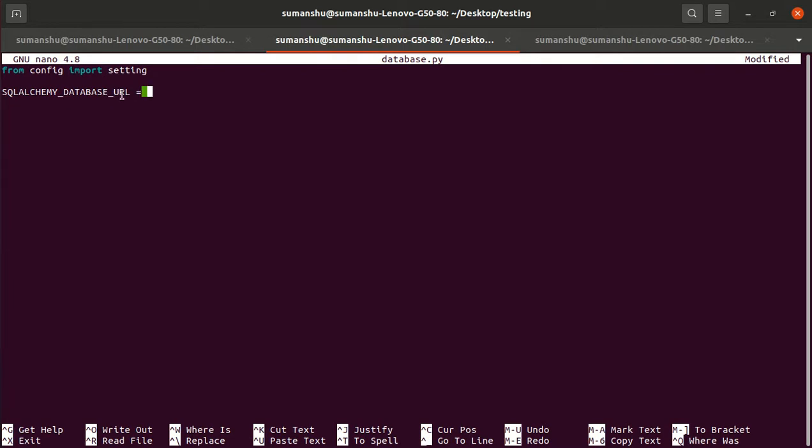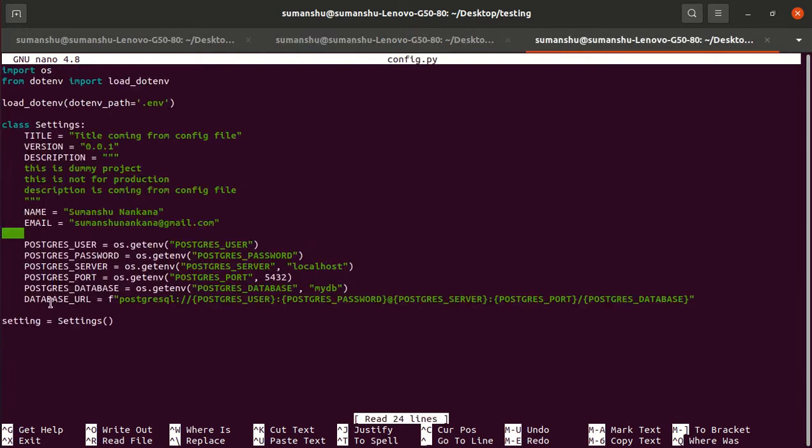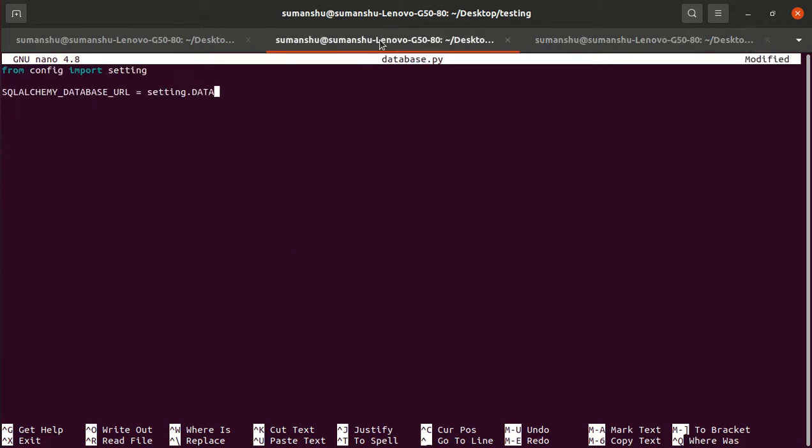We are using SQLAlchemy, so we define SQLALCHEMY_DATABASE_URL. I don't think it is a reserved keyword, I'm not sure. Okay, so we set it to settings.database_url, the attribute we have to fetch. Now we have the database URL.